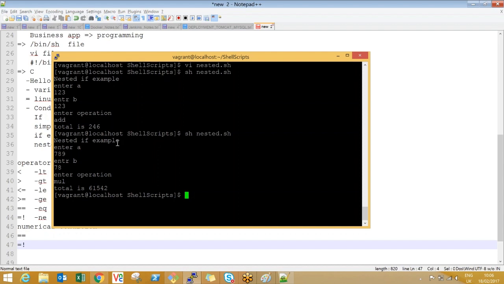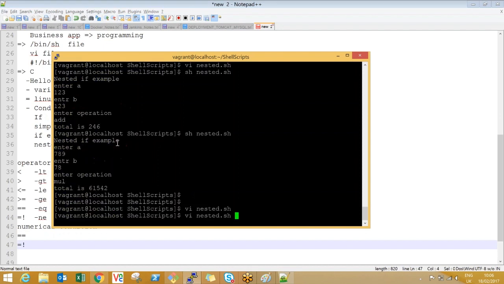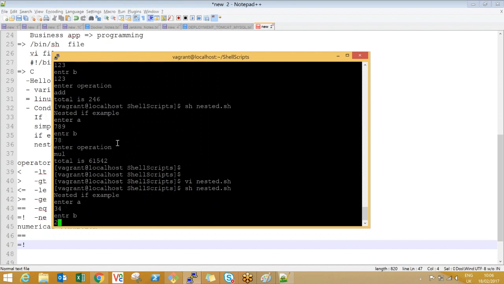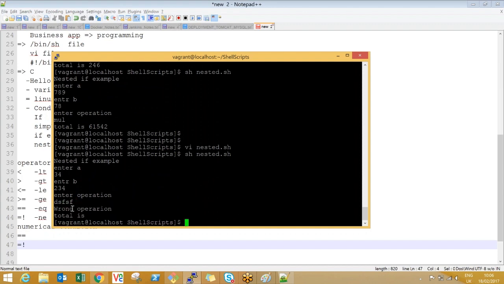This is how it works, guys, the nested if stuff. Suppose I enter a wrong operation, 34, blah blah blah. Can you see this? It's printing wrong operation. So that's the nested if.